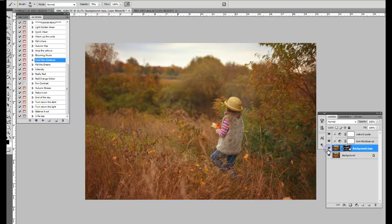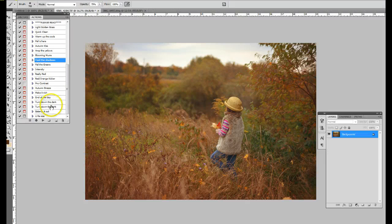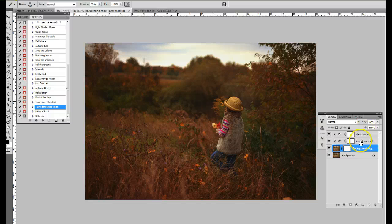So before and after, it just added a touch more depth. I'm going to flatten that. Now I'm going to turn down the light, and you're going to see how drastic this is too. But you'll see a lot of the times what I use this for, I'm going to turn this down,